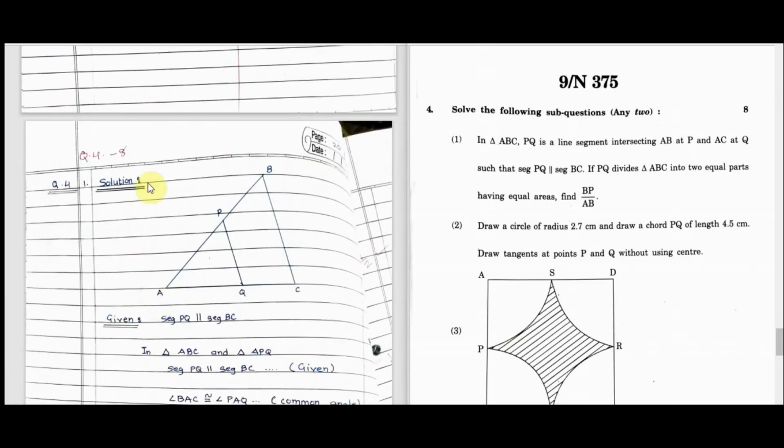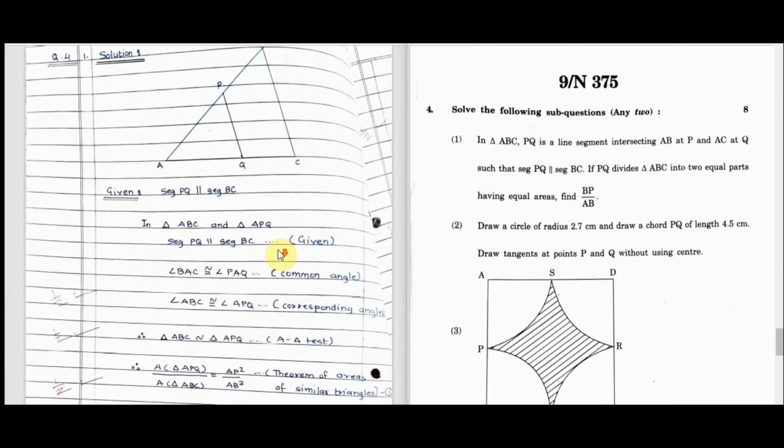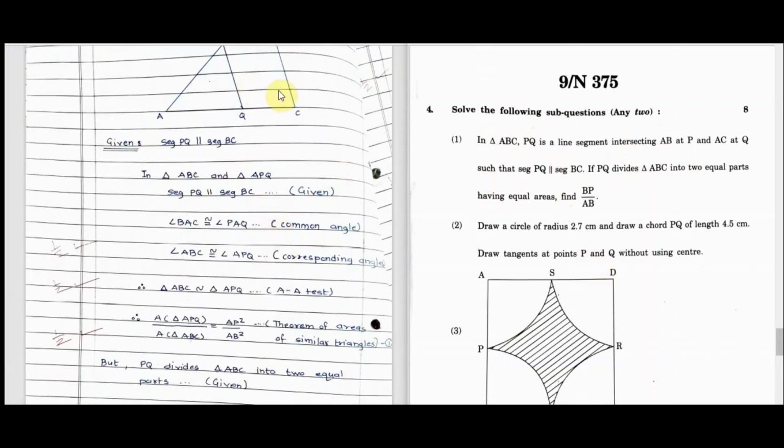Here you are going to solve the first question. Now this is the first question. Although the diagram is not there, you have to draw the diagram. See here the diagram is drawn. Okay, so draw the diagram, and then based on the diagram you are going to write everything. So for writing the first step you will get half mark. For writing the similarity along with the reason, this reason is important, that is AA test, you will get half mark. Now then the ratio: you know that the ratio of areas of similar triangles is equal to the ratio of squares of their corresponding sides. This is very important. If you have written this along with the reason, you will get half mark.